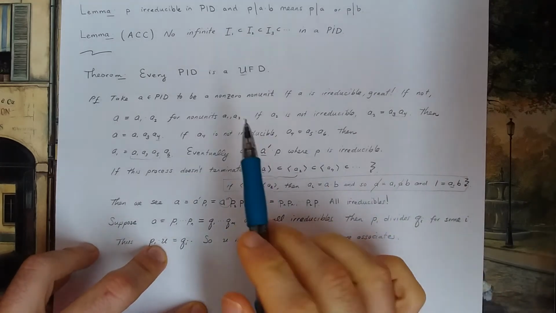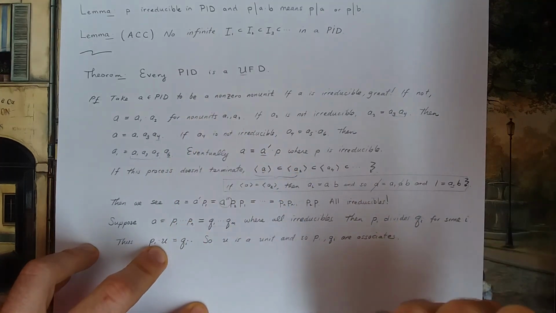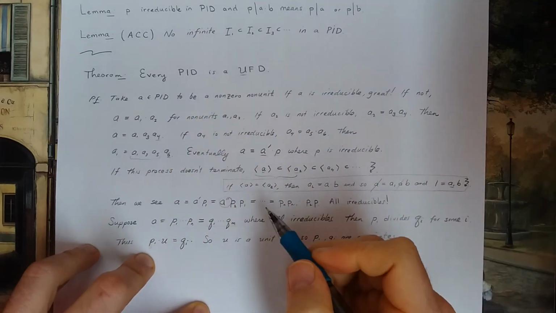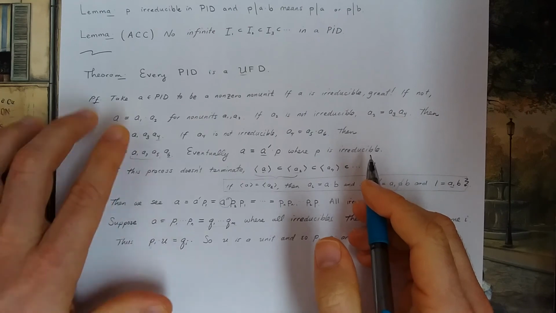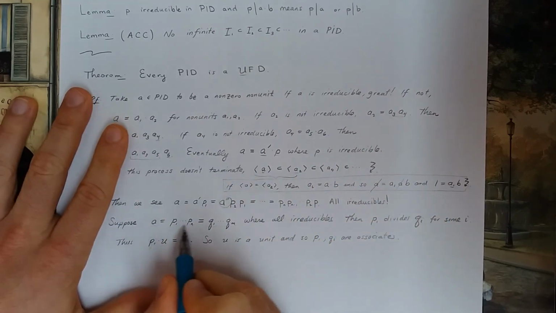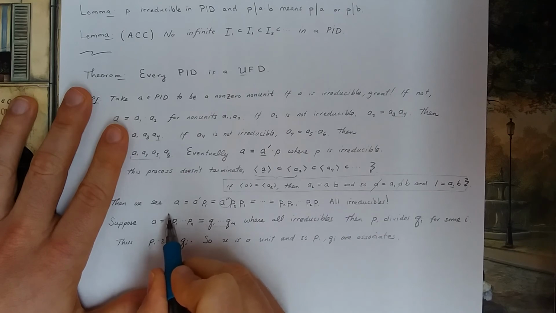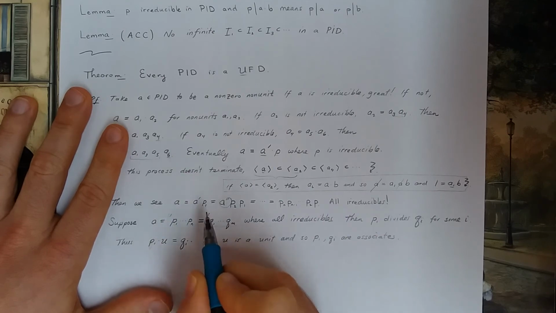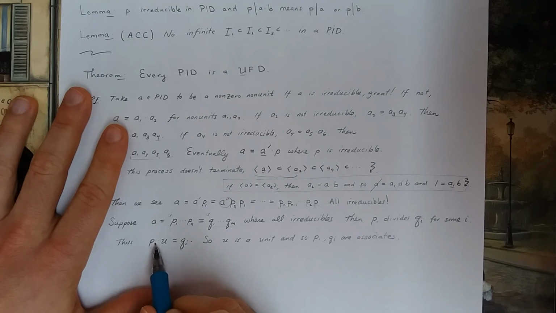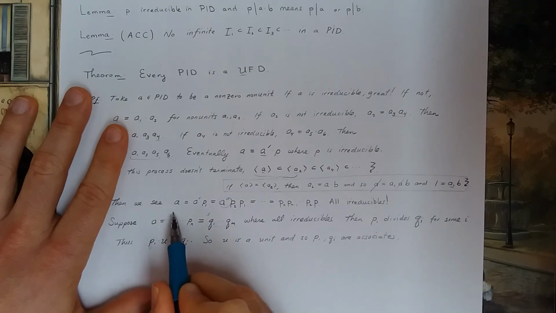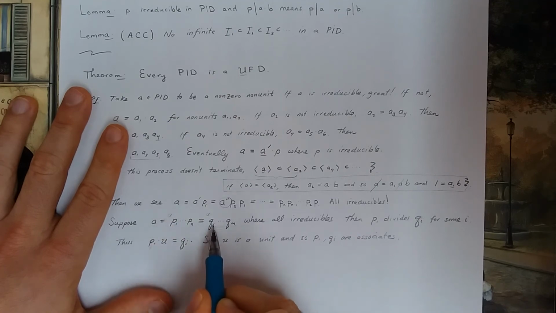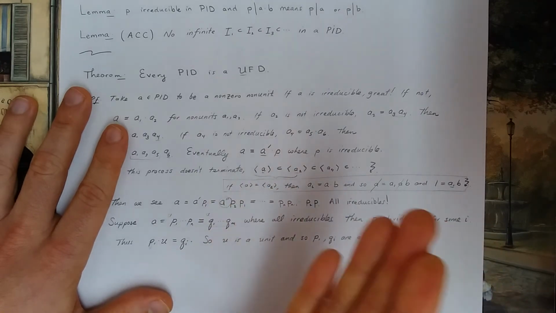Now I'm in a principal ideal domain, which is an integral domain, and in an integral domain you can cancel. So I'm going to take this expression for A, multiply U on both sides, and then I get P1 U is Qi, so I get a Qi over here, and of course I have a Qi in this product. I can cancel those,